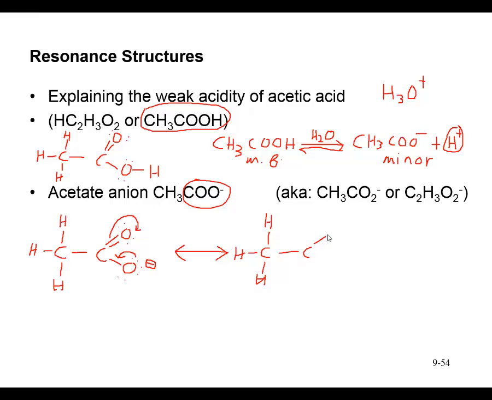And so we could have a single bonded oxygen here in this position. And we could have a double bonded oxygen in this position with just 2 lone pairs rather than 3 once we move those electrons. So I have a negative charge on this species, on this oxygen on the top. So we can see that we just moved electrons, we did not move atoms around. So both of these help explain what's going on with stability with why I would lose that acidic proton to a small amount of ionization in water. You notice I showed my square brackets and my charge in the upper right hand corner to indicate that these are my polyatomic ions. Now, if I look at just this part of the molecule where the carboxylic acid group had been initially,